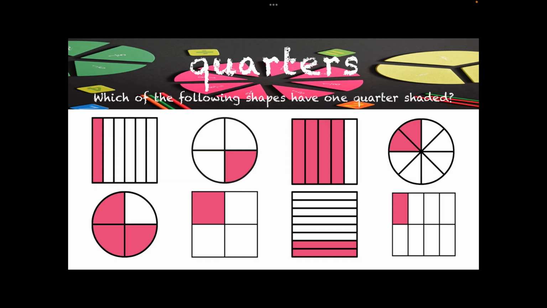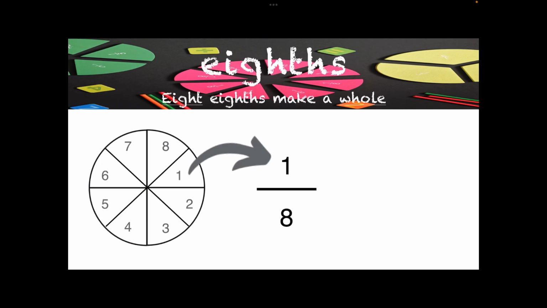Which of the following shapes have one part shaded? Take your time. Were your answers correct? Now, for the last example of today, if one whole is divided into 8 equal parts,